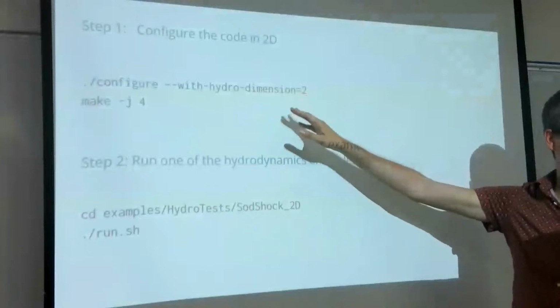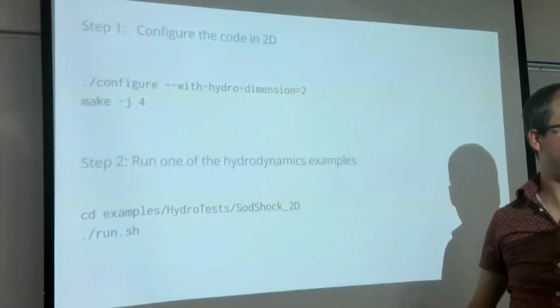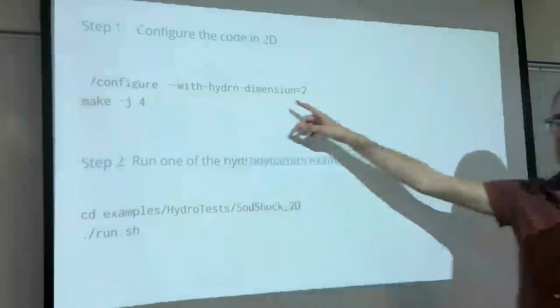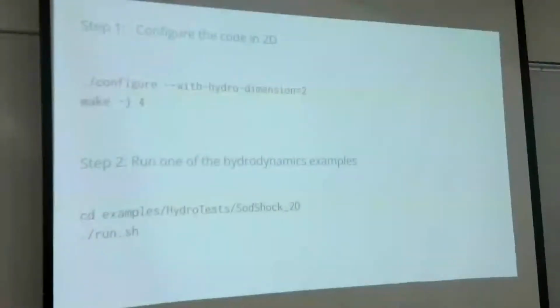configure options, which is the default, or maybe some of the enable this friend-to-friend thing to calculate ADOS. But today, you just need to add with-hydro-dimension equal 2, which converts the code to only consider x and y coordinates instead of doing 2 and 3. Also means you can't do gravity anymore. Gravity really is a problem for another life. And then